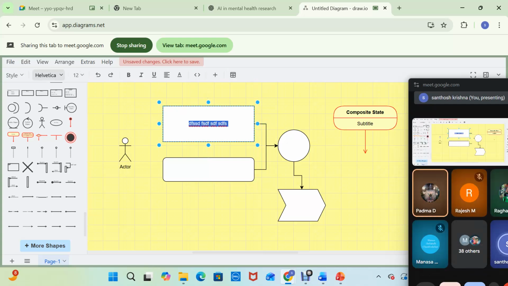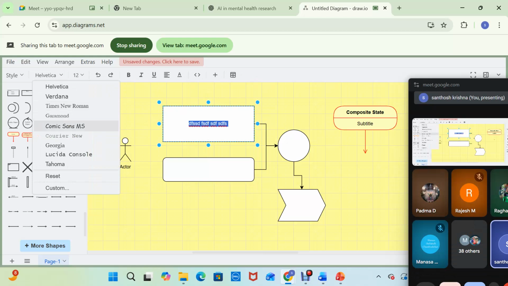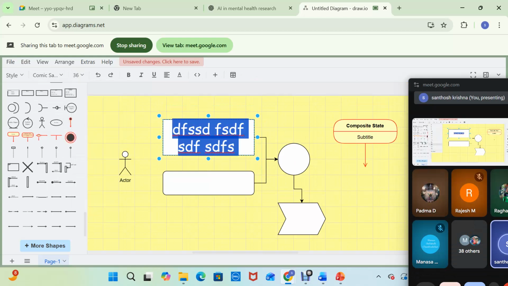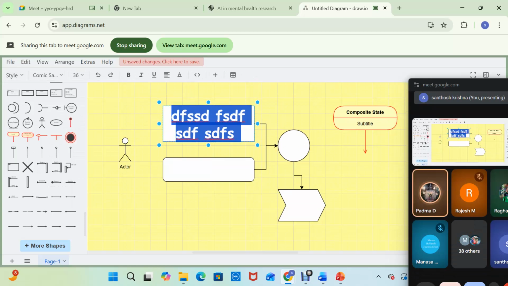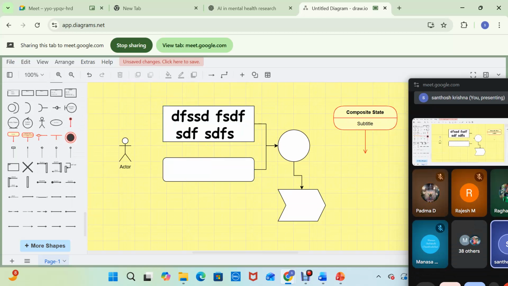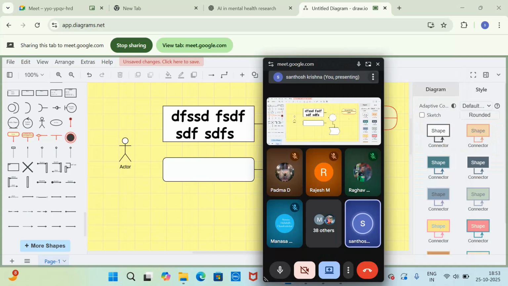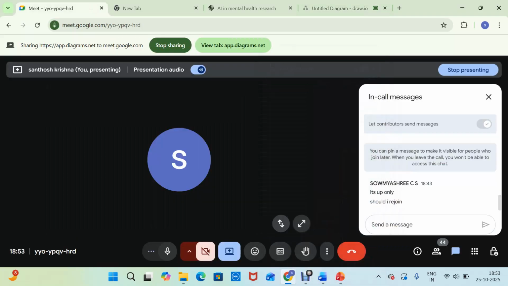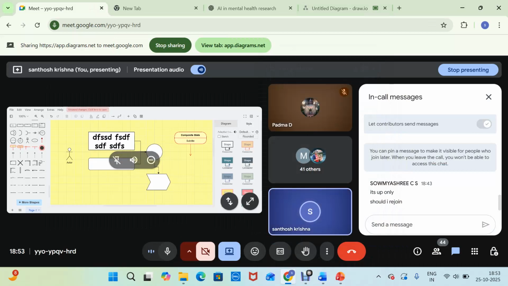You can even change their font style, and you can change the size of the font. Whatever you want, headings, whatever you want, you can do it, ma'am. It is really a very nice website to use for drawing any sort of diagrams. Nowadays, if we see very good journals, colorful images will be there, where they use more pictures so that it will look like a real-time application. And just like block diagrams, we can use it for multiple applications. Any other doubts in this website draw.io for anyone?